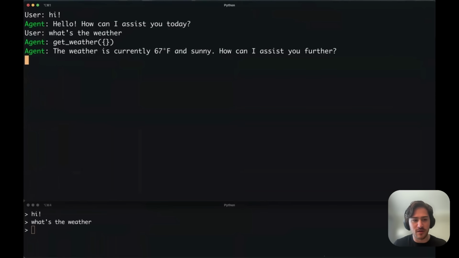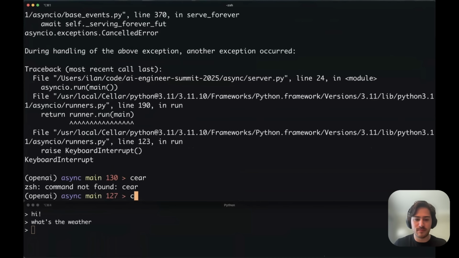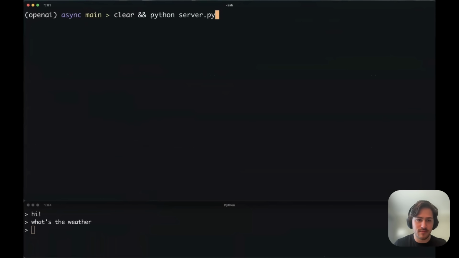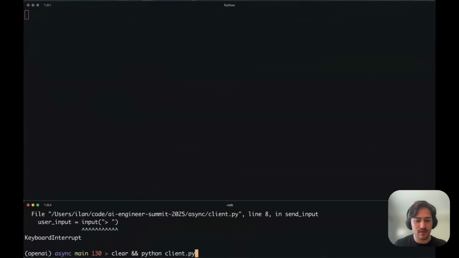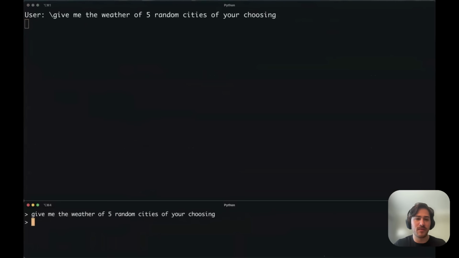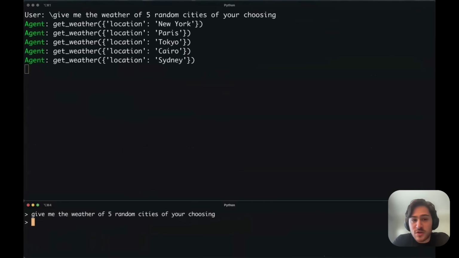So if we instead run it here, I can say, give me the weather of 5 random cities of your choosing. We should see it return.